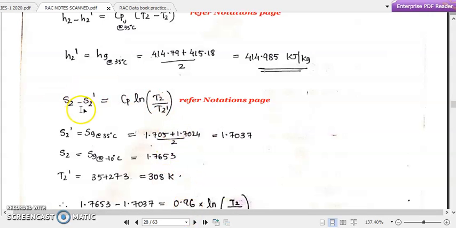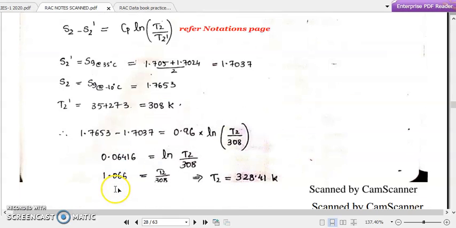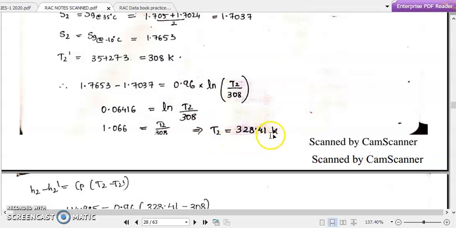So by substituting S2 dash, S2 and T2 dash, which we know, then the Cp value we already found out, by solving this relation we can easily find out the value of T2. So what is the value of T2 dash? T2 dash was 35 degrees Celsius. We can convert that into Kelvin. It will be 308 Kelvin. And by solving this relation, we can find out the value of T2 as